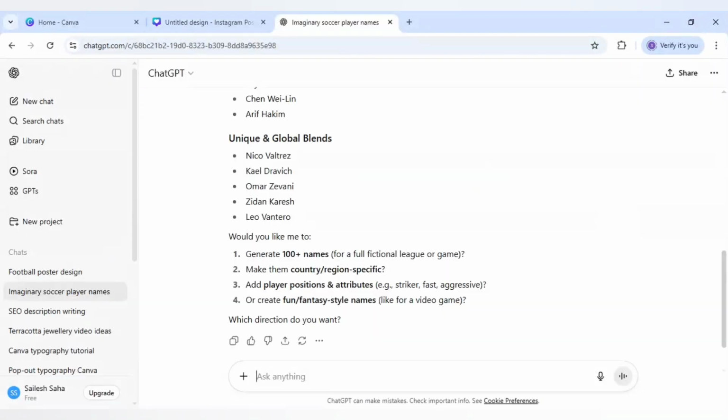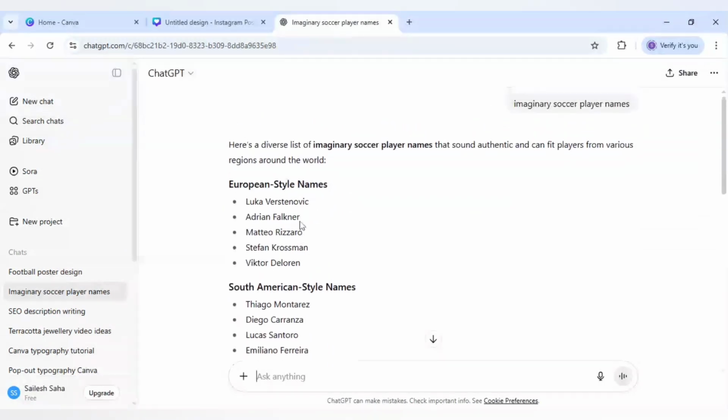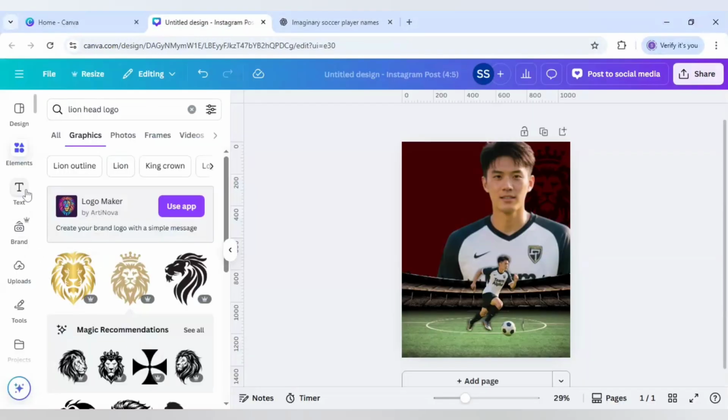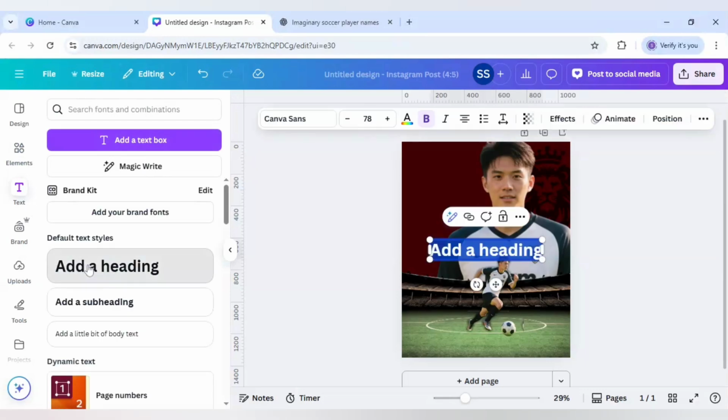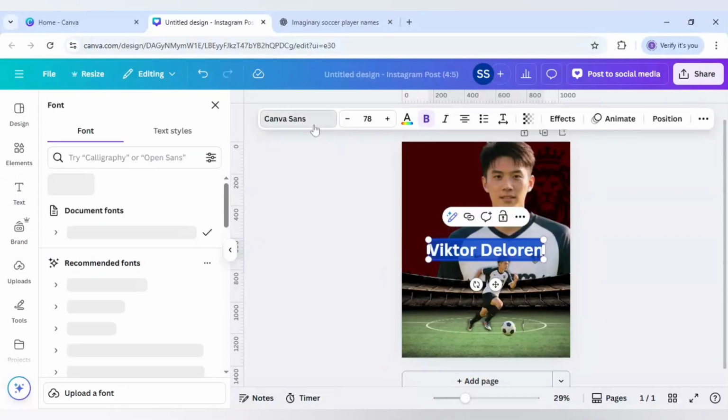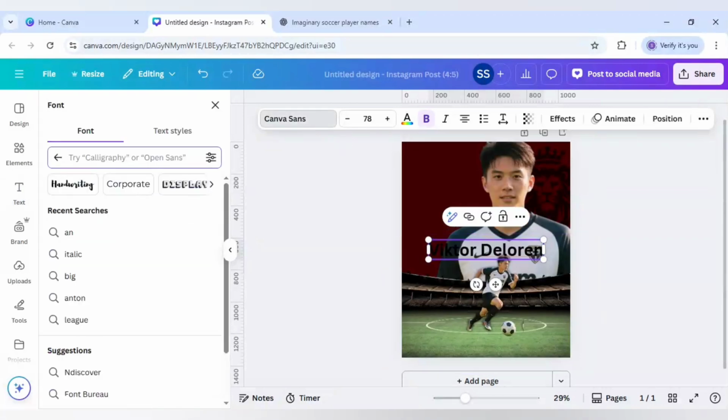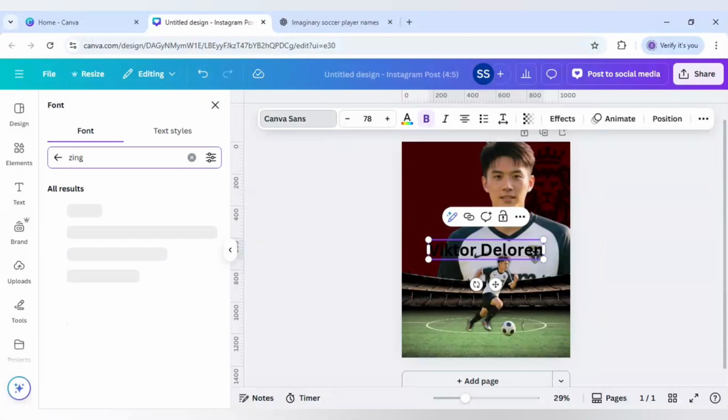So now I have come to ChatGPT and I have asked here imaginary soccer player names. So it has suggested me some soccer player names. I am going with this Victor Deloren, and I will go to text, click on add a heading, and I will just paste the name, and I will select all of them, change the font to Zing, this Zing Rust base,